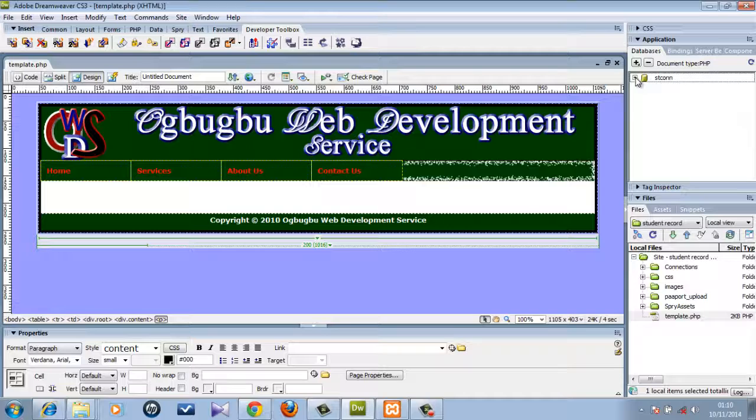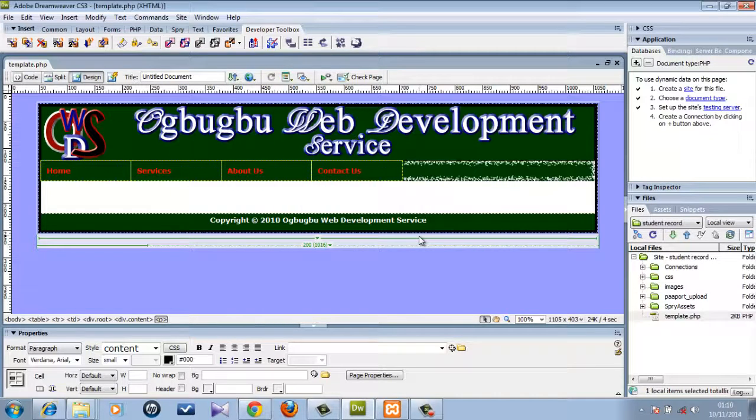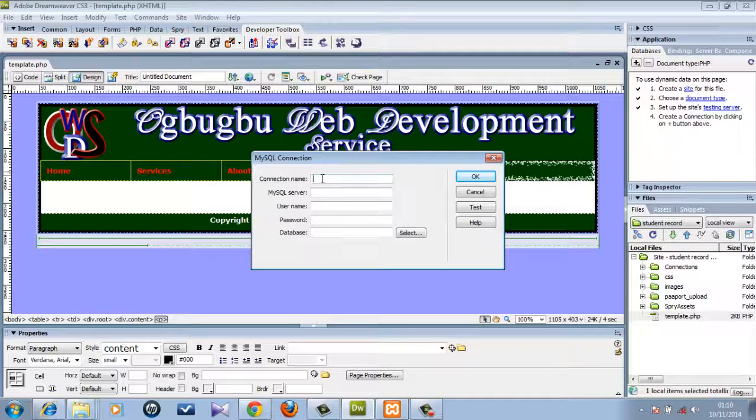I don't want this. I want to create a new database, so I'll select this and use the minus sign to remove the database. Now I want to create a new connection that will link us to the database we have created. So I'll click on the plus sign, MySQL connection. Now what is the connection name? I'll call it anything I want. I can use con as the connection name, SQL server, localhost,